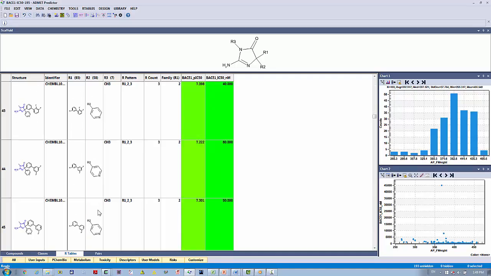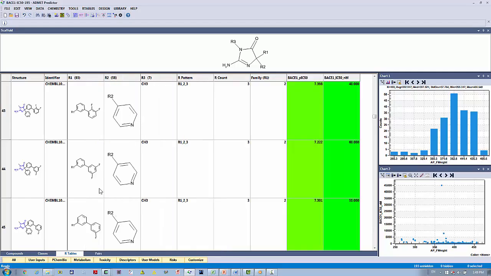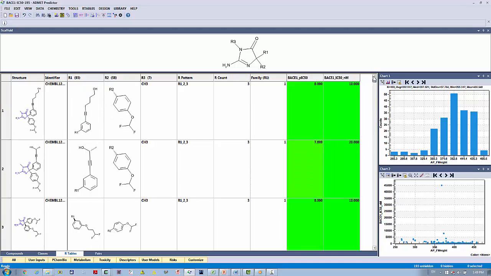Now when I get down a little bit further for the second family, we've got this biphenyl substituent in the R1 position. Again, let me make these a little bit wider here, and pyridine in the R2 group. Now if we sort this column in ascending order for the R group, R1 families, and then we can either